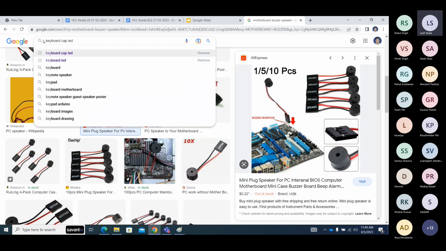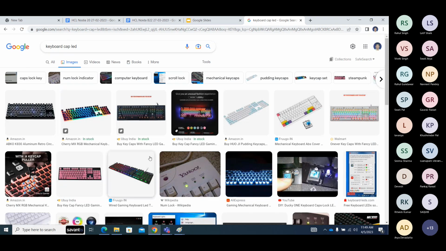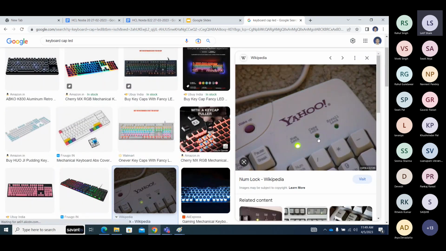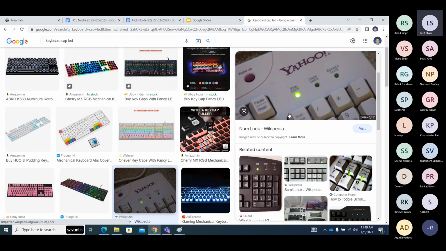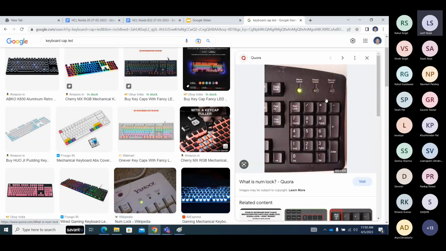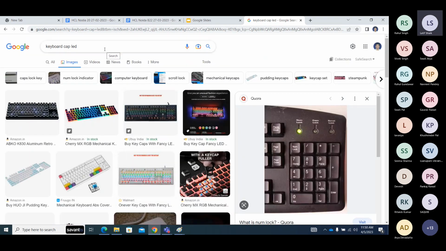When you press the power button, on the keyboard you can see there are three LEDs: Num Lock, Caps Lock, and Scroll Lock. These three LEDs blink once when you press the power button. POST is successful, meaning these three LEDs at least blink once. Okay, POST is successful. Another observation is